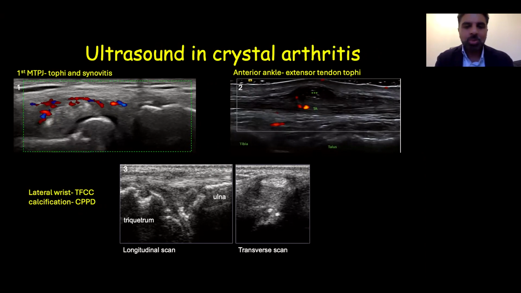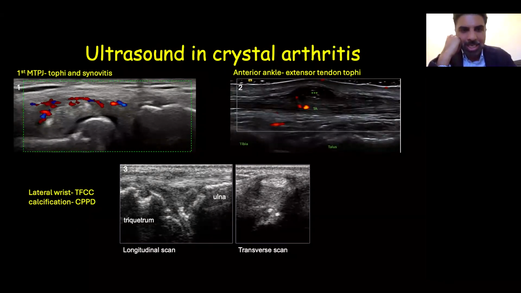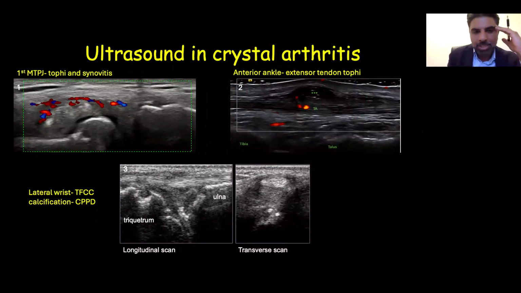So it's important when you're examining, you're looking at the joints, but you're also looking at the tendons as well to see if there's any sort of deposits. Now, some of you may have also heard of a different type of gout called pseudo gout. And that is usually due to calcium pyrophosphate deposition. And again, that can be seen on ultrasound as well. It doesn't have the typical appearances of uric acid gout, and it can cause